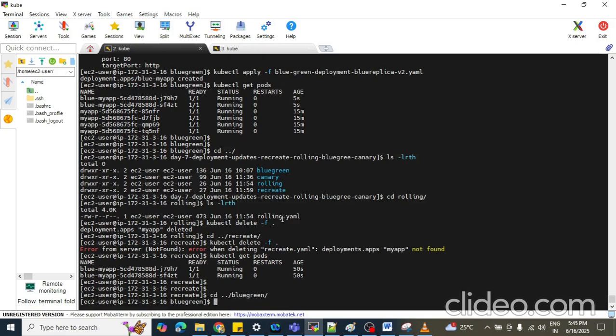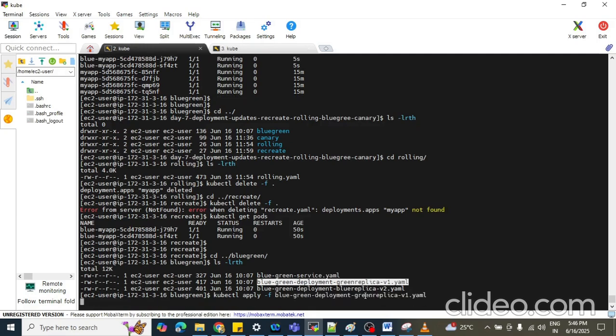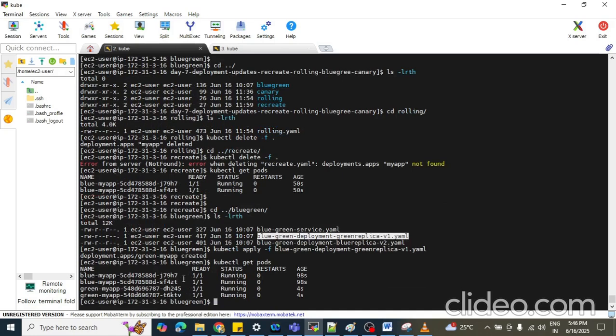Let me do ls -lrth here. kubectl apply -f. So this is your green deployment. Let me hit enter, kubectl get pods. Now you can see this blue deployment is running as well as the green deployment is running.